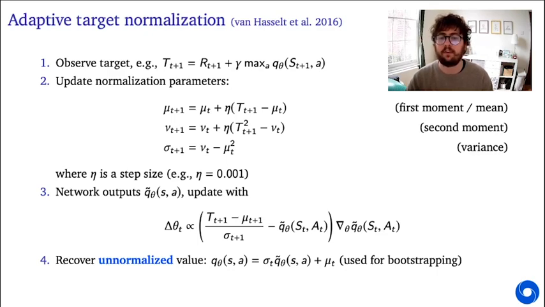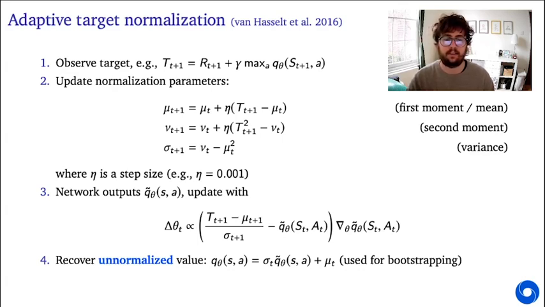And this means that if you apply this normalization independently to each GVF, the gradients that you will apply to the shared parameters of the network will contribute equally to the shared representation, instead of having one or more of the auxiliary predictions dominate the entire learning process. Importantly, when doing this kind of normalization, you can still recover the unnormalized Q-values by just multiplying the network outputs, which are trained in this normalized space, by these statistics sigma and mu. And this is important because you actually need the unnormalized values in certain circumstances, for instance, to construct targets via